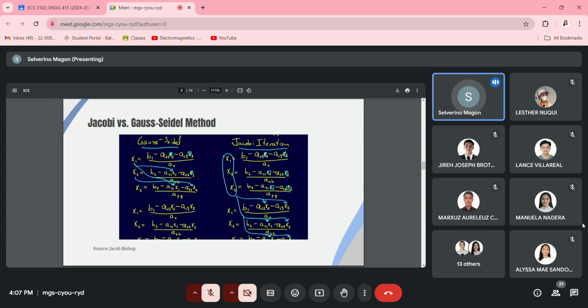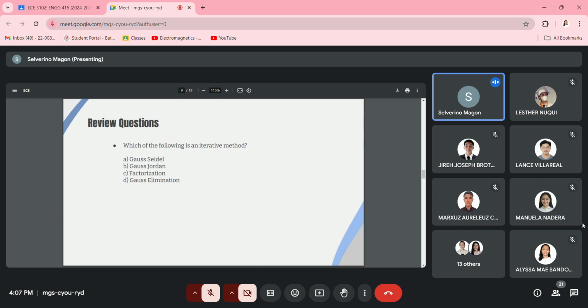So the key difference is that in the Gauss-Seidel method, after obtaining the new value of x sub 1, we immediately plug this into the equation to obtain x sub 2. So kind of the same thing for x sub 3, we immediately use the values of x sub 1 and x sub 2 obtained within that same iteration. So we can predict that using the Gauss-Seidel approach, the convergence rates are more rapidly obtained. No? Okay,